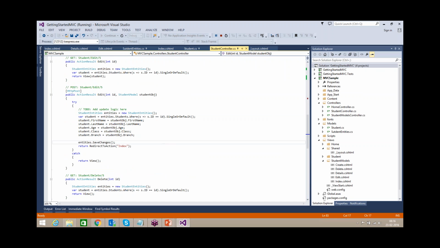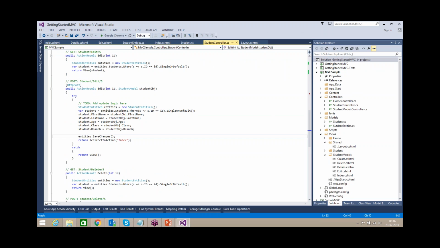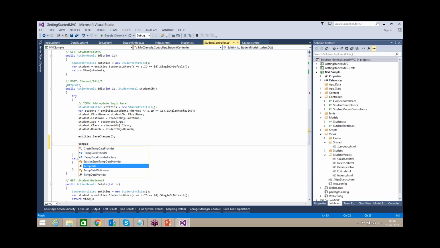Before that, what I am going to do is set TempData from action method equal to, and from student edit save action.